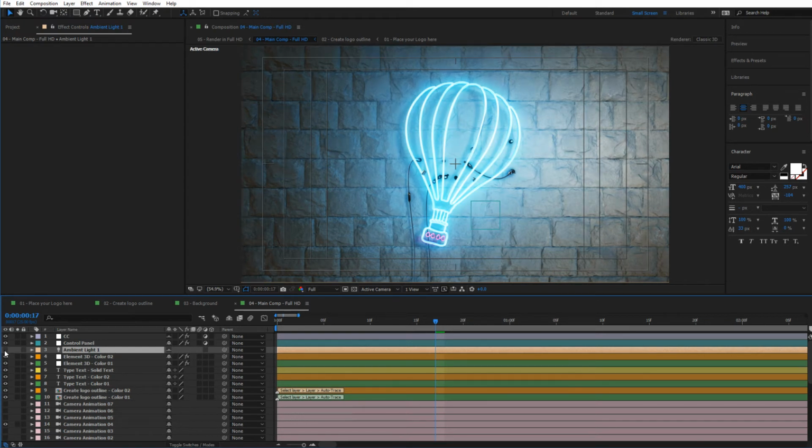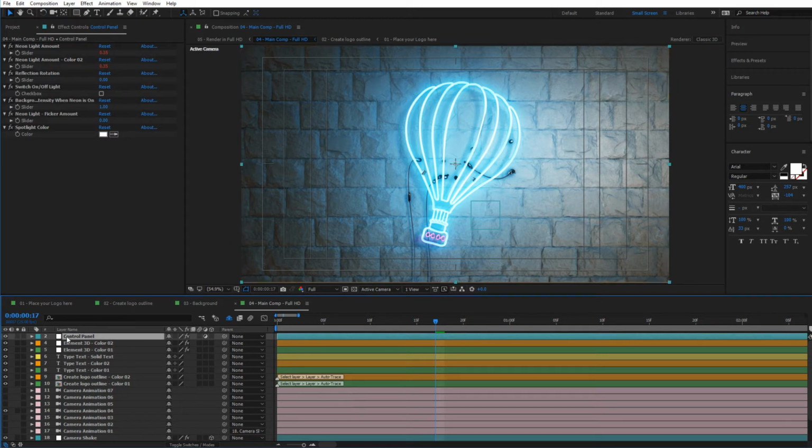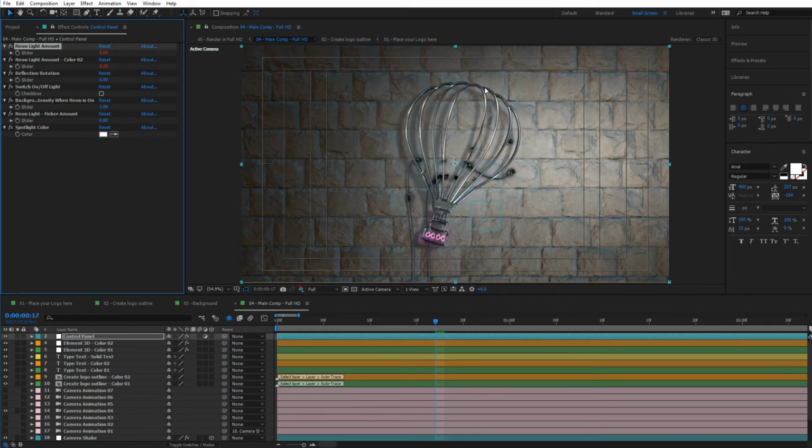But in this case I'm going to keep that off since I would like this effect, and then I'm going to toggle this button to hide all the different layers and keep the layers that I need. So I have the control panel in here, and the first option here is the neon light amount, and that is pretty self-explanatory. If we switch that to 0, you can see how the neon light switches off. But of course, then you also have the neon light amount color 02, which is switched on in this case,